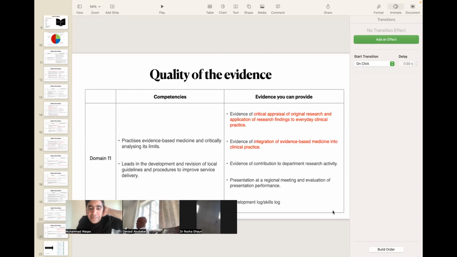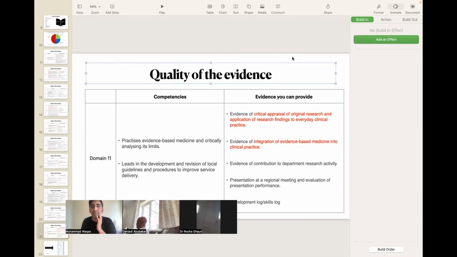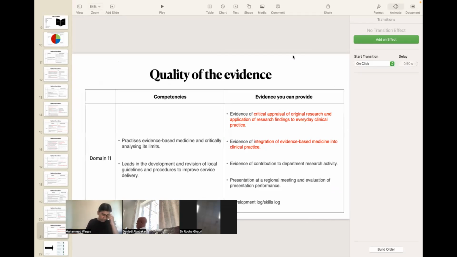Any more questions? I have raised my hand. Yeah, go on. I just wanted to ask, because I'm working in a very compact unit. We just have three consultants working in neurology. So probably most of my competencies will be signed by them. I was wondering, if most of the competencies are signed by three consultants, is that all right? Does it matter? Yeah, it's all right. Most of my competencies have been signed by two or three consultants. I think it should be okay.